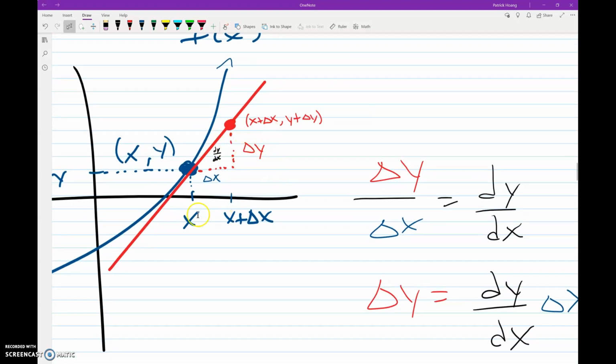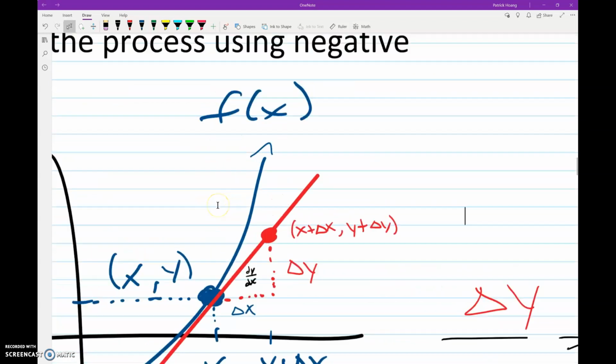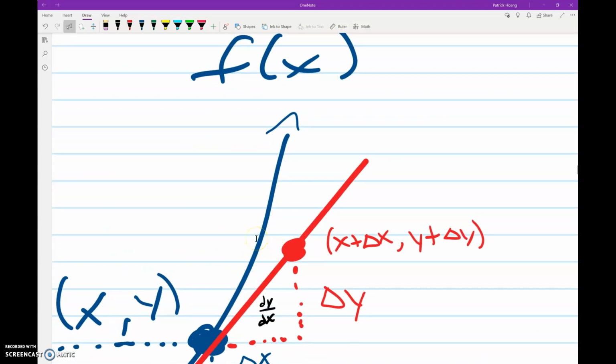So by adding it to our initial point, we get this new red point, which is along the line. You can see that it's kind of close to this point in blue, the actual value of our function. So by continuing this process, we can come up with a ton of points in red